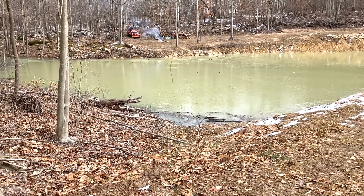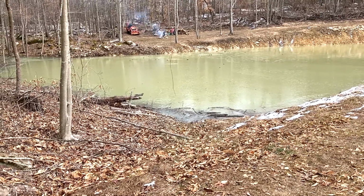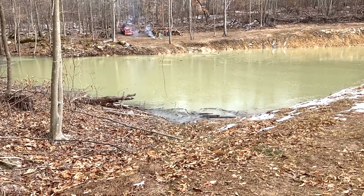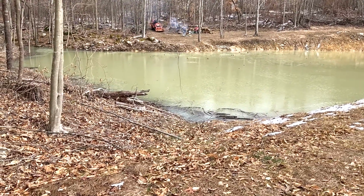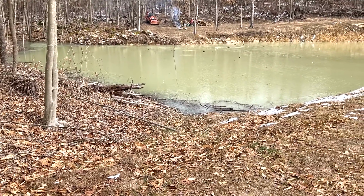Before we actually dug, I tried to calculate to make sure we would have enough watershed to fill the pond, and that's been my biggest concern all along. An average 10 to 12 foot depth pond that's 3/4 of an acre holds over 2 million gallons of water,